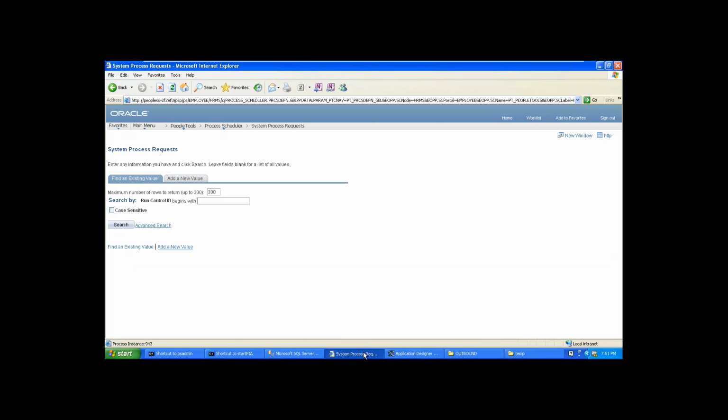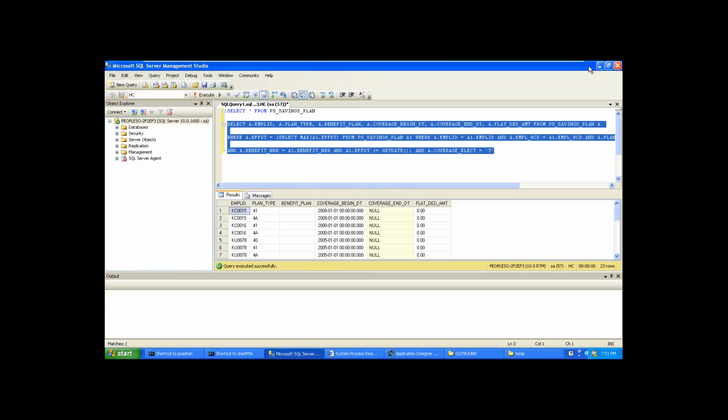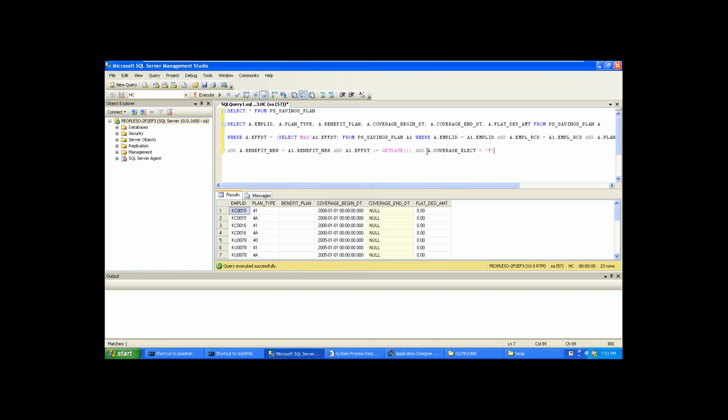Is it clear, Murali? Yes, sir. Okay. Tomorrow we will see how we can run the process from the front end and how we will give run control parameter access for our user to pick the parameter. Why? Because the user is picking this coverage alert.